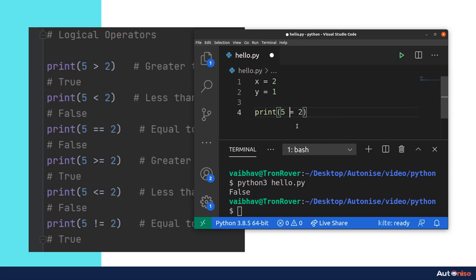Like equality, we have disequality here, where we say not, this is the not sign, then equal. So this operator says 5 is not equal to 2, which is true. 5 is not equal to 2. So after running this file, we must get,